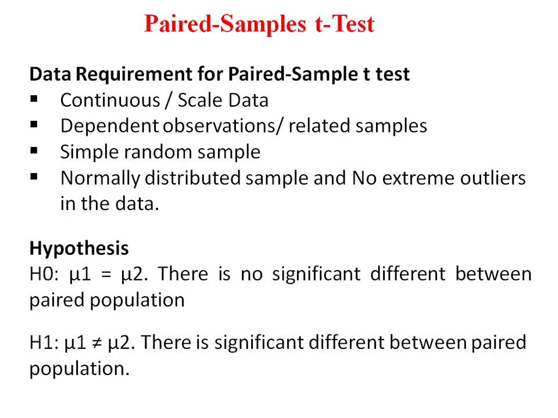Hypothesis. Null hypothesis: there is no significant difference between paired populations. That means no significant difference between the two groups. Alternate hypothesis: there is a significant difference between paired populations. That means there is a difference between the two groups.